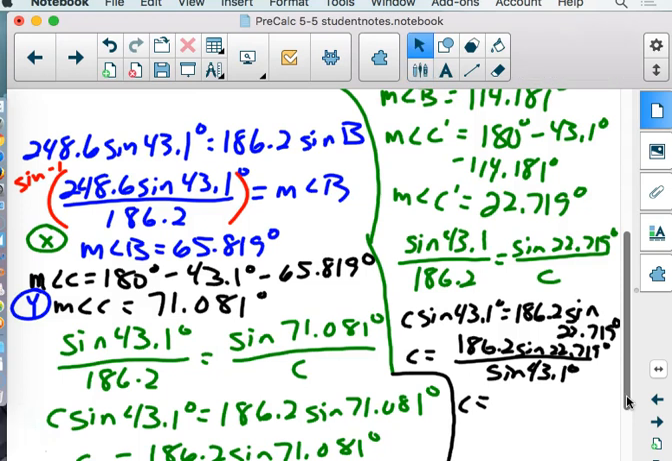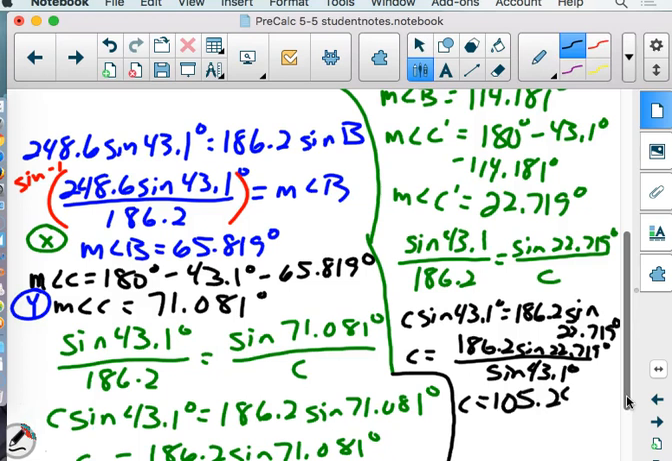Punch it in. So on the top, 186.2 sine of the answer that we have up there, so second answer. And I'm going to divide that by the sine of 43.1. 105.247. Degree label on that one? Nope, that's a side length. So again, with the stuff we have left today, I can't take the time